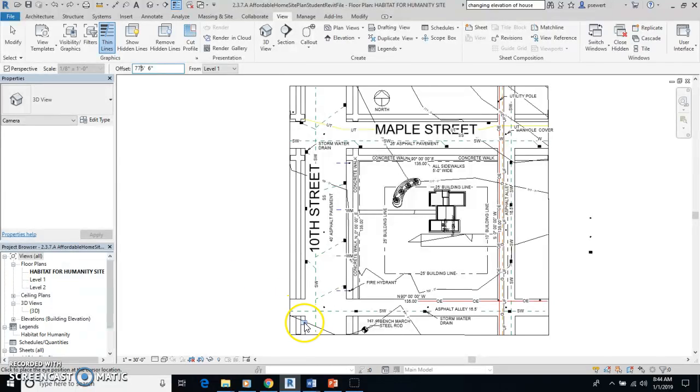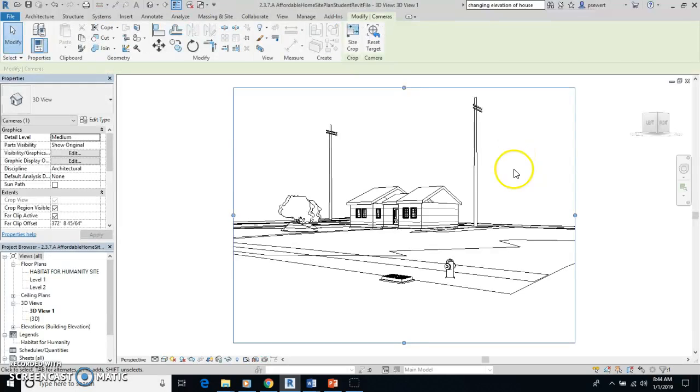Then I'm going to take my camera. I'm going to go down to the lower left-hand corner here someplace, and I'm going to click. I'm going to drag this across, and I'm going to click again, and it gives me the view of my house sitting on the property